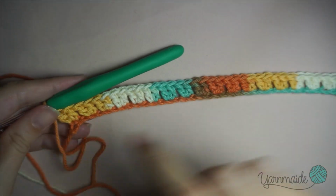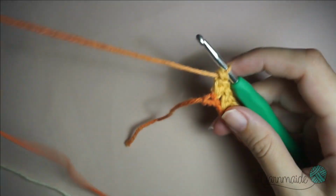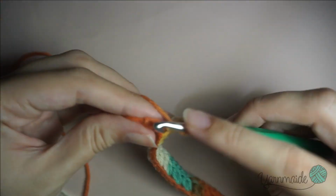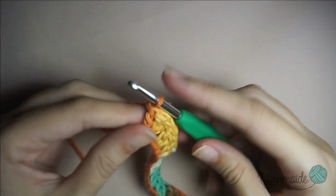Okay, I have reached the other side here. This is how it's looking, and you're gonna be left with 1 chain and put just 1 double crochet there. Chain 3, turn your work,